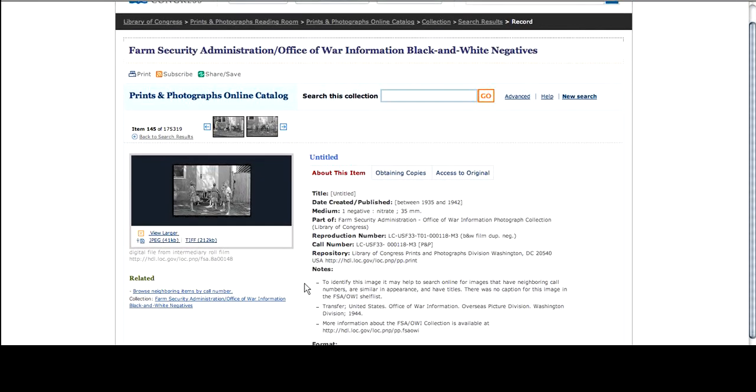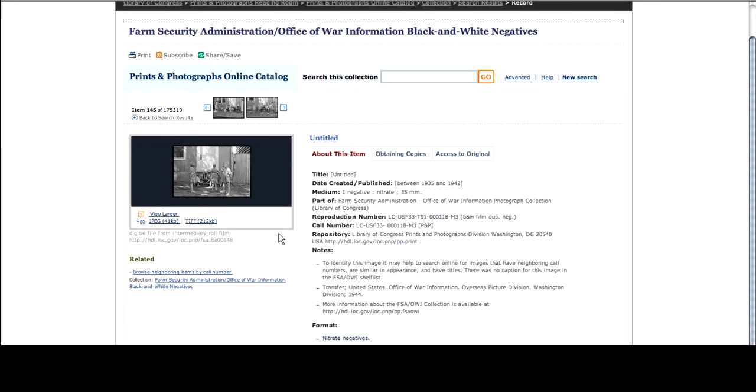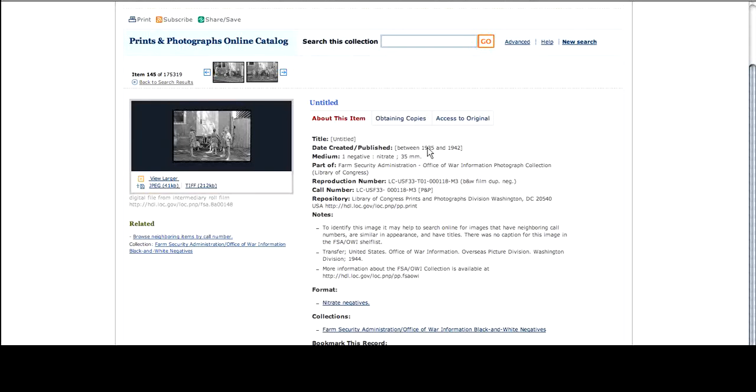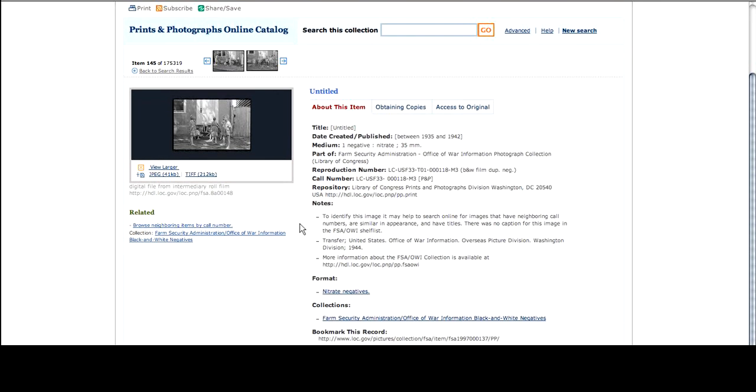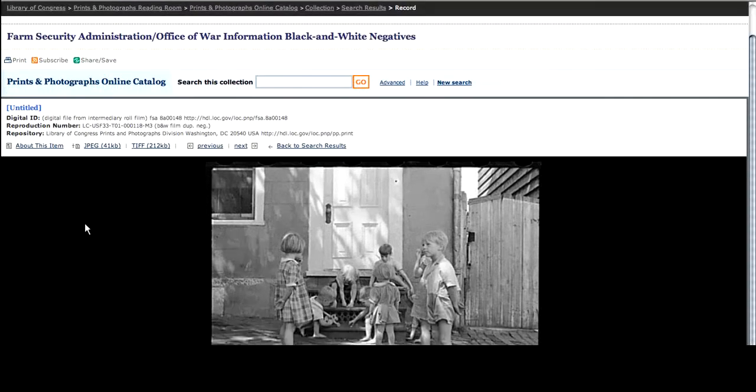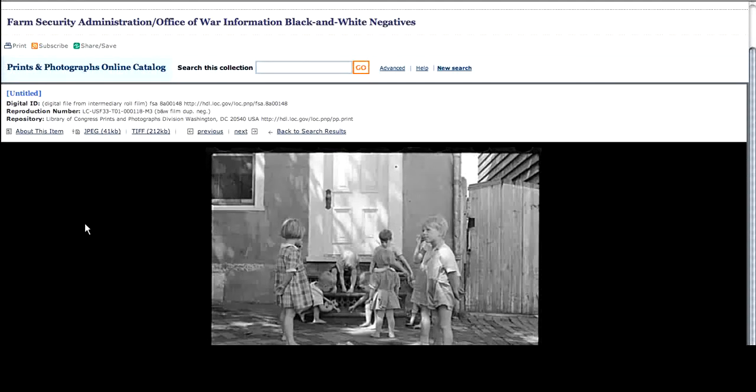And here we see this image is untitled. And there is little information that's provided about this particular photograph. No exact date, no title, just a little bit about the medium, nothing in terms of subject access. Let me just open this up here for a second so you can see it. Okay, here we go. Now, if I click on the next image in this collection, it brings me